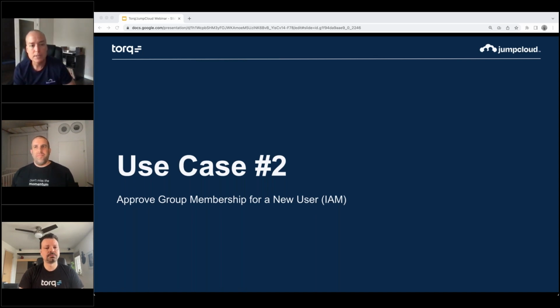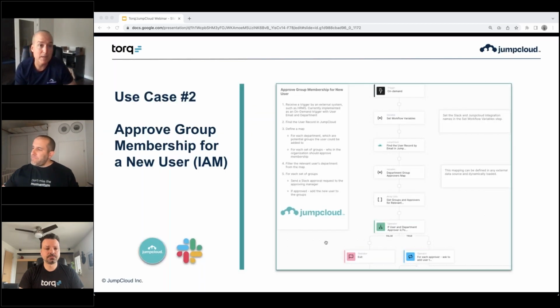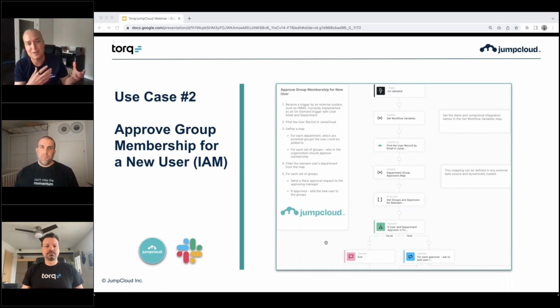All right, use case number 2 is all about group membership. And groups are very powerful tools on the JumpCloud platform. It's typically the way that you bind a user to a particular resource. And so the membership that a user has in a user group is hugely impactful throughout the rest of the JumpCloud environment. And so in this case, we're going to have a new user that's coming on board, and we're